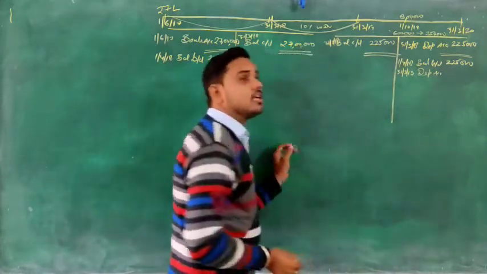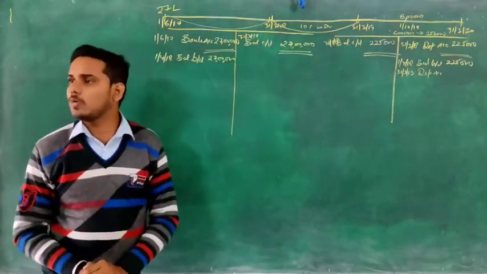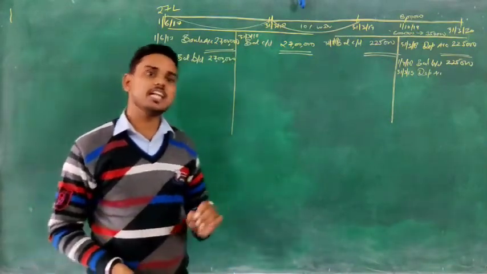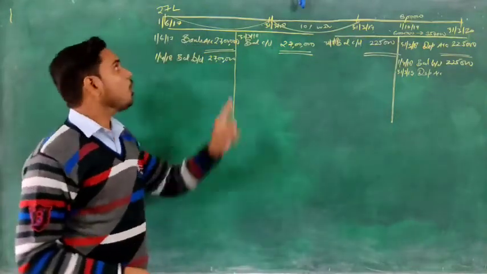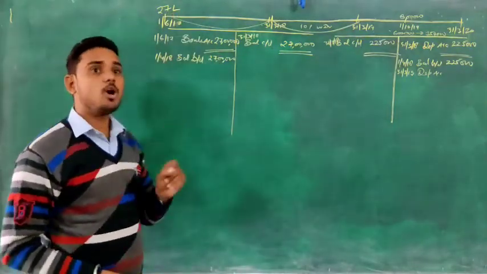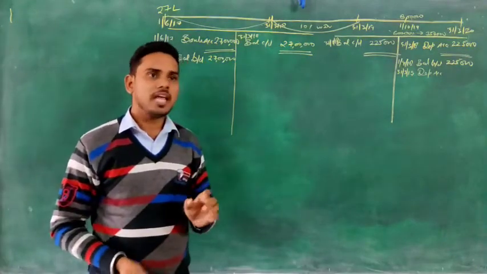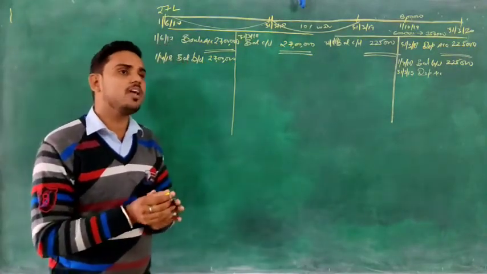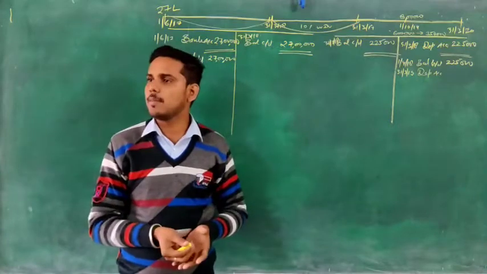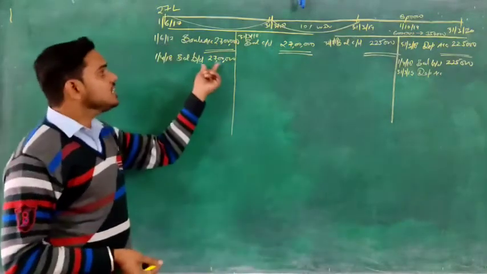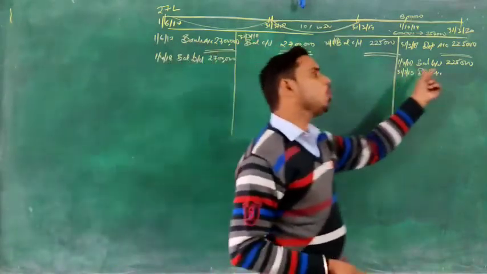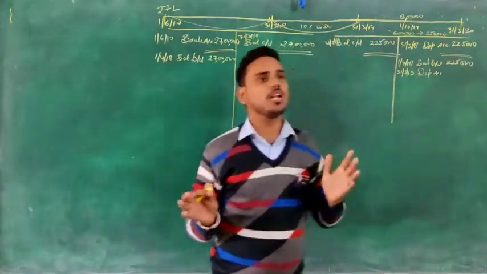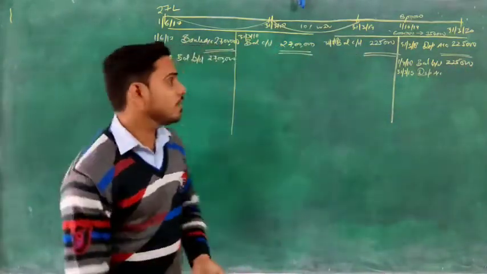Now see one thing. We are following written down value method, which says that depreciation should be calculated every year, not on the cost, but on the written down value. And in this method, written down value means cost minus total depreciation. This account opening will tell us always the cost, and this account opening will tell you always the total depreciation of that machine. So we can simply do what?